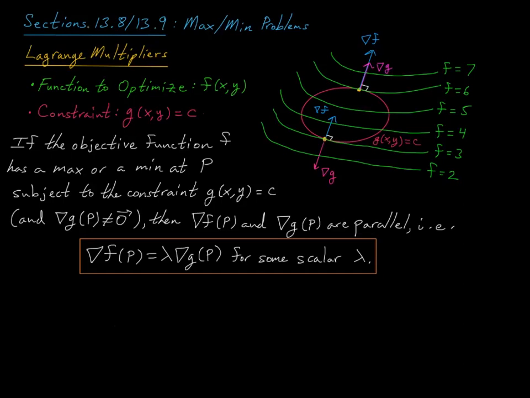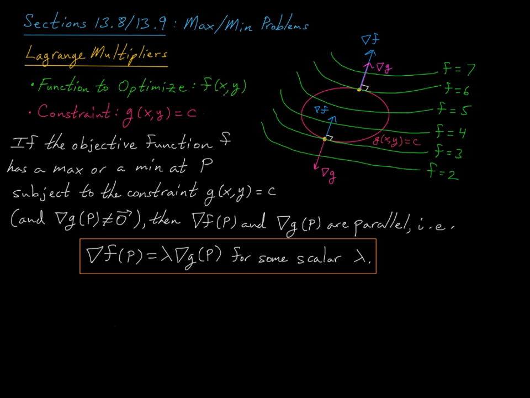Okay, in the last video, we introduced this idea of Lagrange multipliers to help us solve a certain optimization question. So in this video, we're going to look at the method in more generality, and then we'll solve question 5 on the worksheet. Okay, so here we have a function to optimize, and I'll refer to this function f of x, y